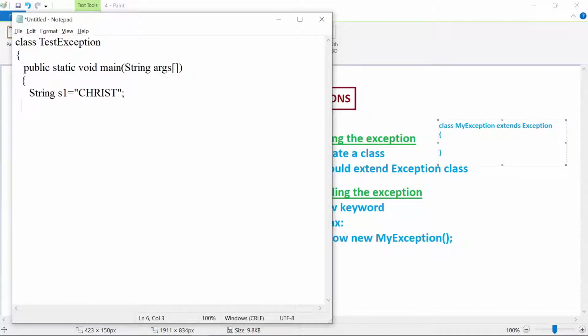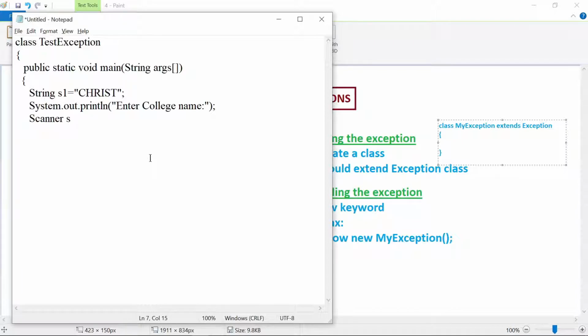Now I will be asking the user to enter the college name. Enter college name. Right, all of you? Now I want to read this one. You all know that to read this we need to use the scanner class.